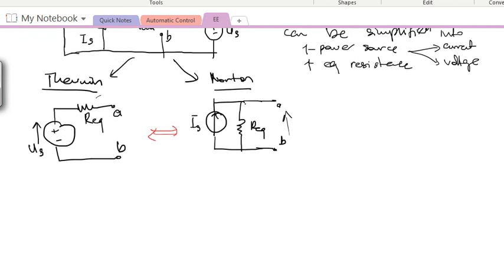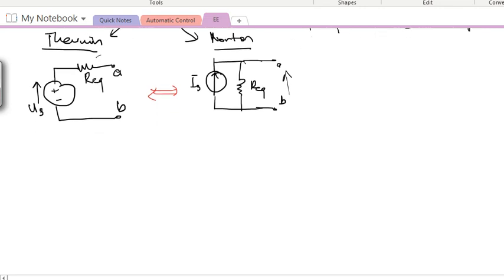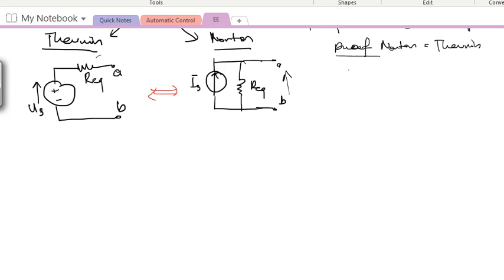In order to prove it, what we have to do is we'll try to do some measurement of usual parameters. So the parameters that we're going to measure, as usual, is that from the point of view of AB, what is the voltage and what is the current at AB for both Thevenin and Norton in different cases. Let's say for the first case, this is to prove that the Norton circuit is basically equal to the Thevenin circuit. So we'll test it at what we call short circuit. We'll test in the condition of short circuit.